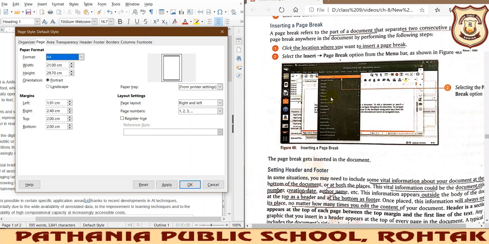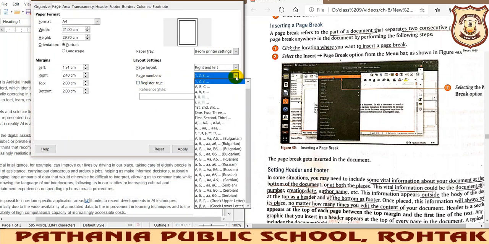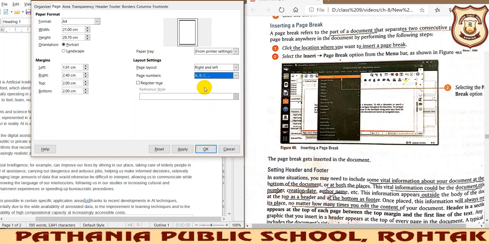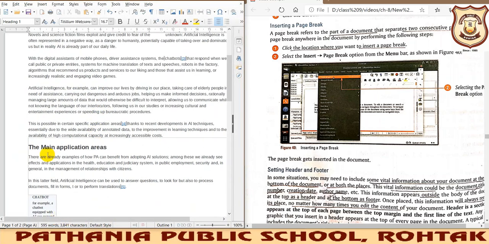Next is your page numbers. We have already covered that we can insert page numbers. I have found another way of inserting page numbers, something different, and I want to discuss it. There are different ways in which we can add page numbers. See, 1 2 3 as we have been using earlier. If we want to write A B C D on the page numbers, click it and OK, and you will see the page numbers have now been renamed by ABCD.